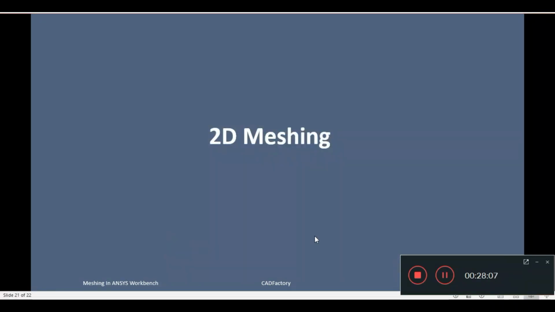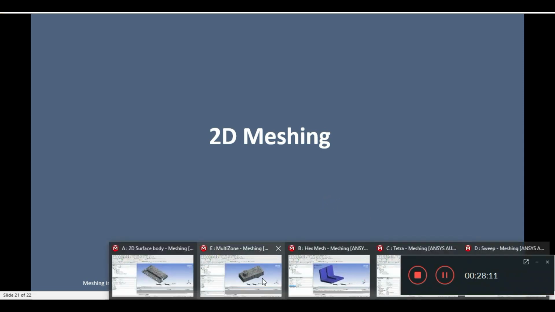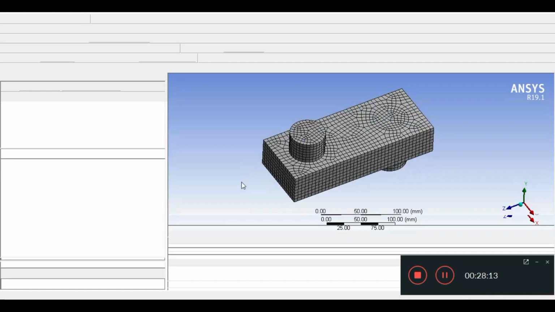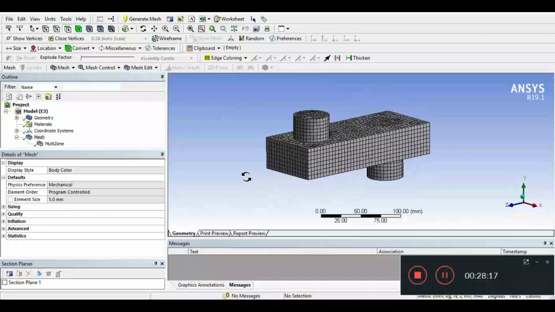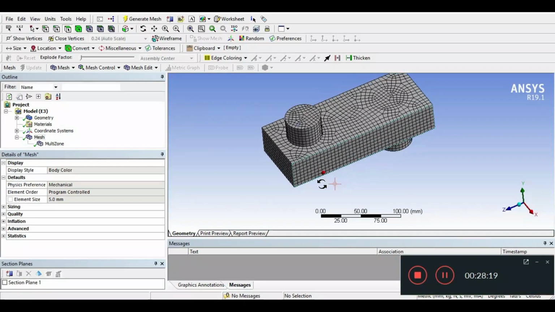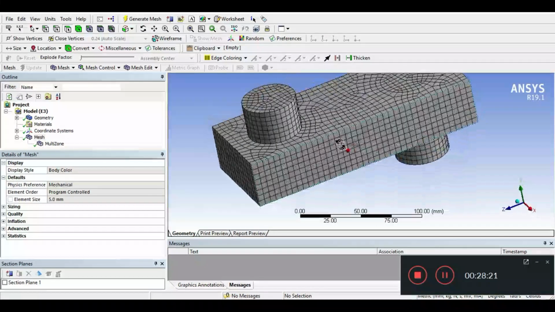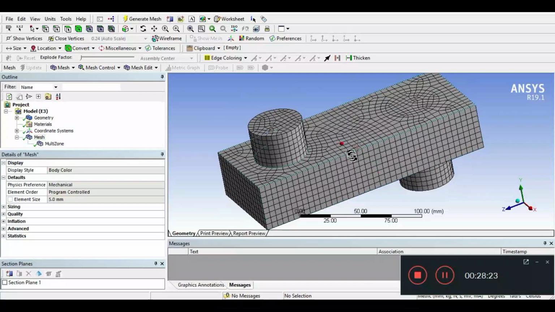Before moving to the 2D mesh, let's understand the multi-zone method. Here you can see the same geometry I have created, and there are 3 components available, right?